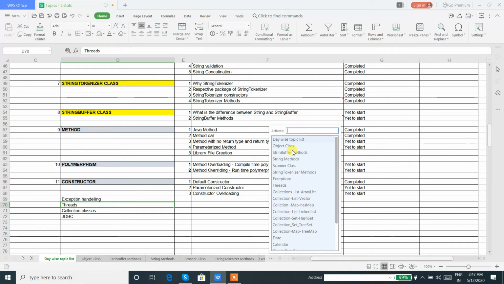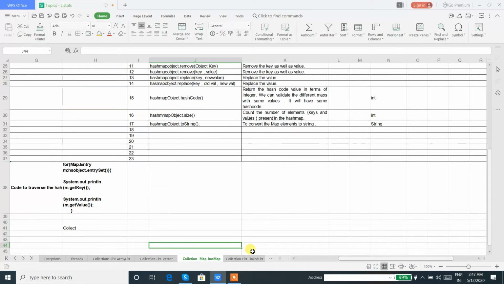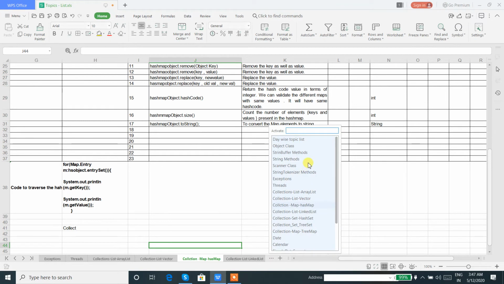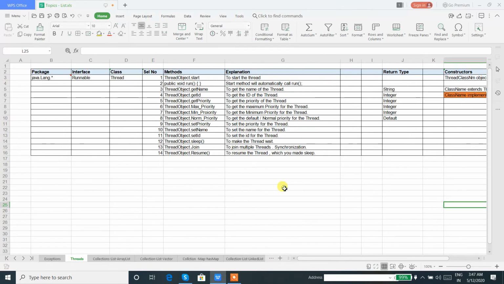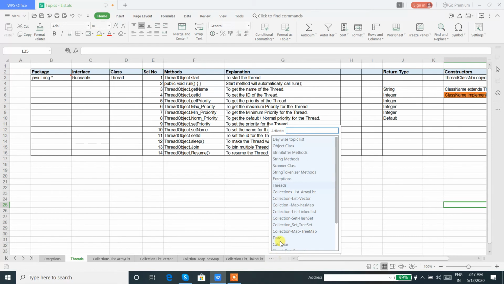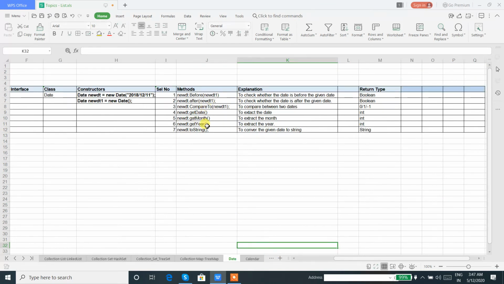Here you can see threads. Yes, these are all the methods we will be working with while creating a thread, creating multiple threads, setting the priority, getting the priority. Different methods are there, all the implementation methods we use to work with. Fine. Likewise, when we work with date and calendar, we will be working with all these methods.